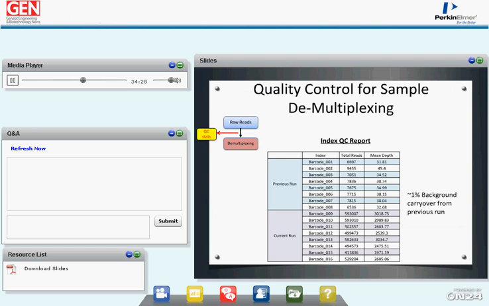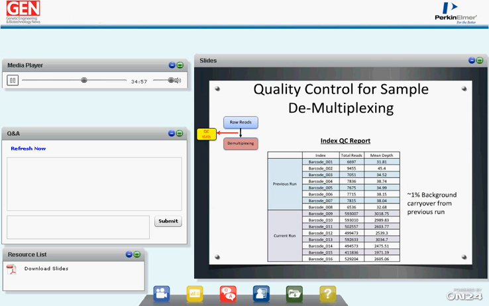We calculate QC at this step because there's residual carryover from run to run that could impact the final variant detection. And so in this case here, you can see that between the previous run and the current run, we actually see about a 1% carryover of residual DNA. So this prompted us to go back and refine our processing for machine washing in between each sequencing run, and is an important QC parameter